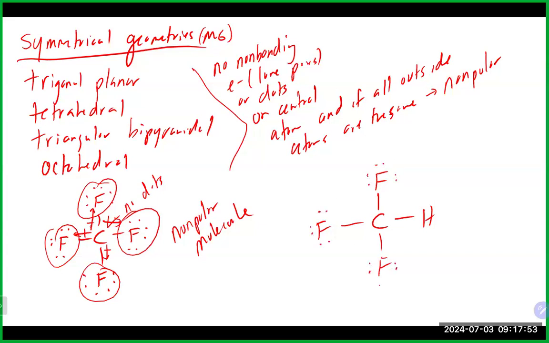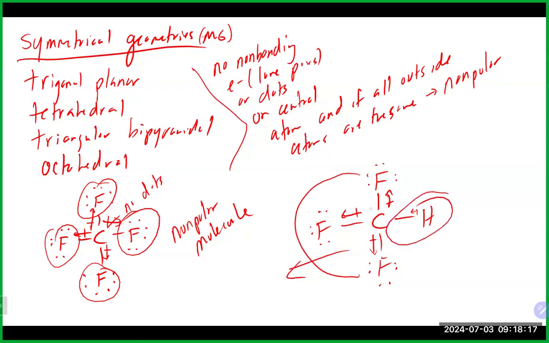We now have polar bonds, right? Heading this way, heading this way, heading this way. The carbon-hydrogen bond is nonpolar. It has a difference in electronegativity of 0.4, but it still is slightly kind of going in that direction. So in this case, we have all three of these guys pulling, and this guy here is not really pulling on his side of the rope, right? So he's going to be dragged into the mud in a tug of war situation, and you could imagine movement happening, and this molecule will now become polar with a dipole moment